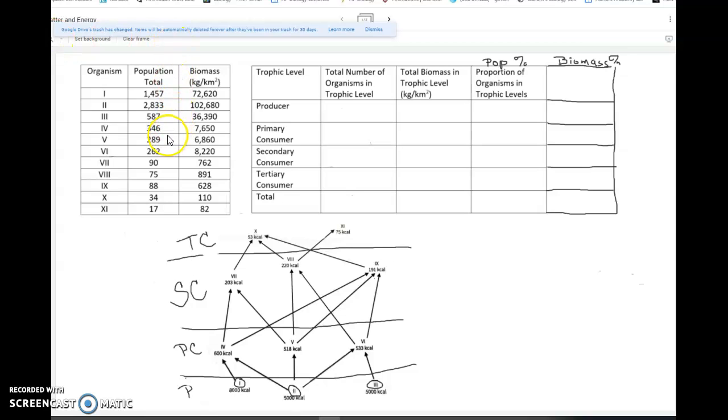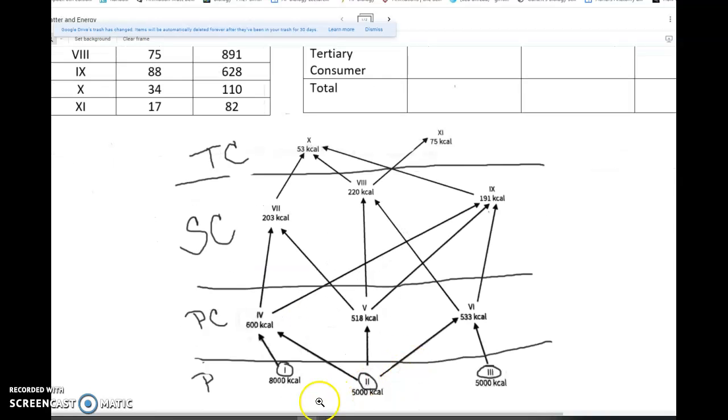All right, so with the flow of matter and energy chart here, what you guys needed to do was first take a look at this food web that I've already got sliced and diced. We went over this in the last class where we said that the bottom row here, these three down here, and let me zoom in a little bit. There we go. These three at the bottom here,